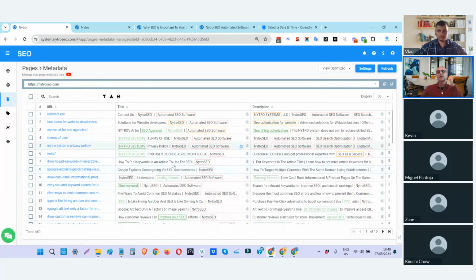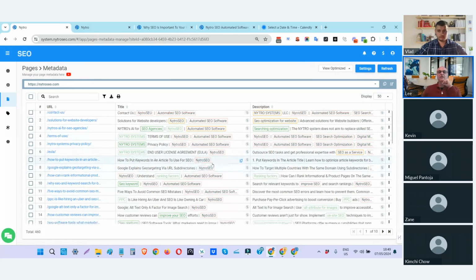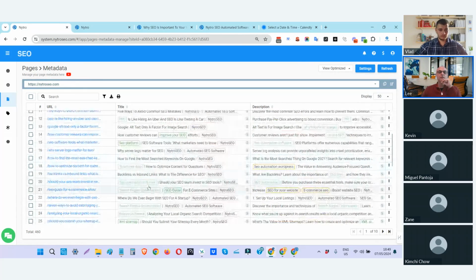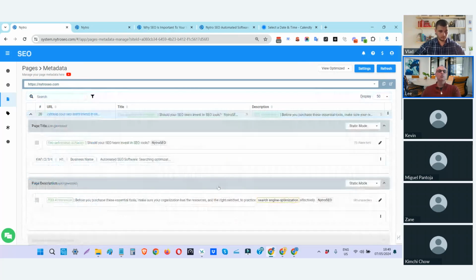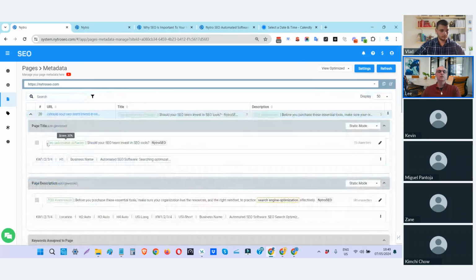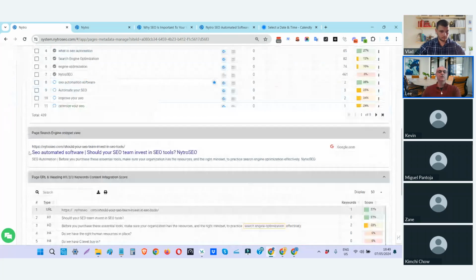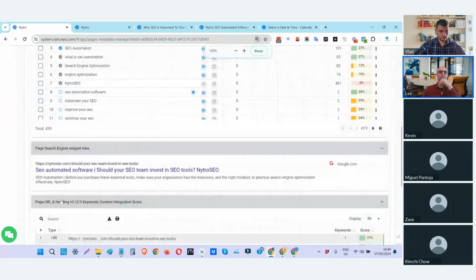And what our system does is generate effective tags that are relevant to your web page content. For example, let's take this one, which obviously relates to our business, not to your business. We take the most relevant keyword for this page and add it to the title. We take the second most relevant keyword for this page and add it to the description. And eventually what the user sees in front of their eyes when they search for this term is an optimized search snippet view,